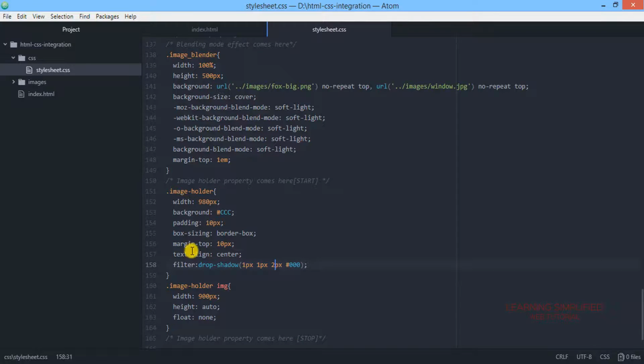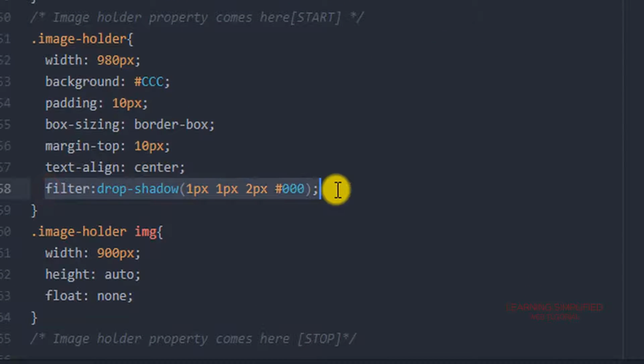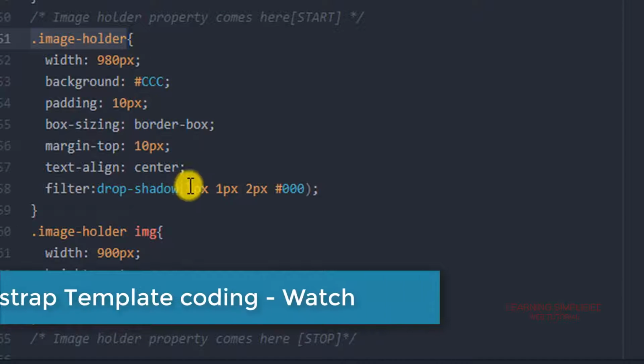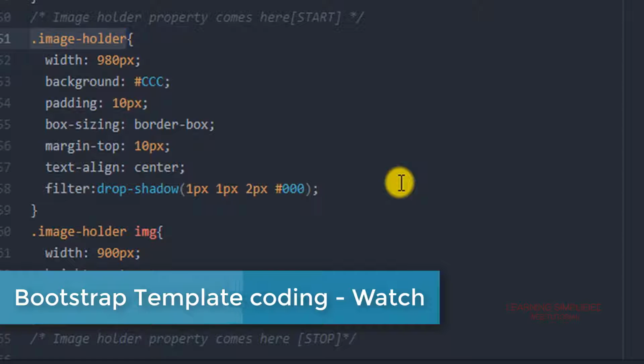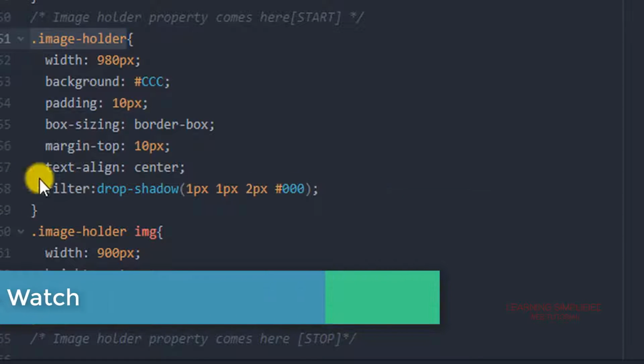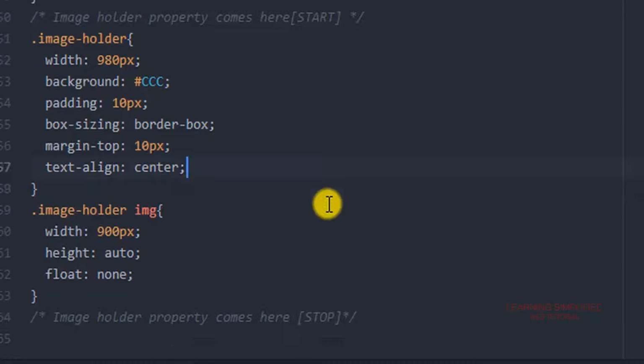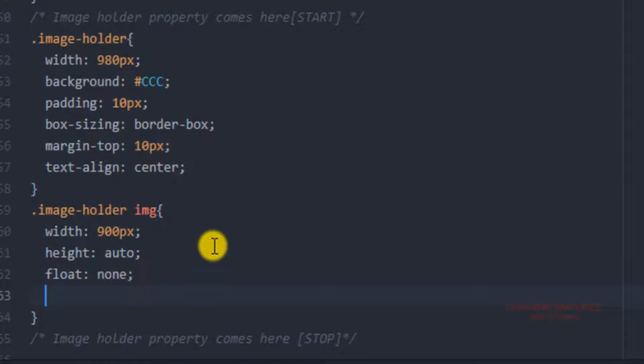Now the situation is we have provided this filter property. Here comes another distinguishing characteristic that we need to follow: in the case of filter properties, they should be imposed on the image, not on the div. So far we were imposing these CSS filter properties on our div, but not on the image. So you need to take care of it, and instead of providing it here, you need to put it on the image that you have created.